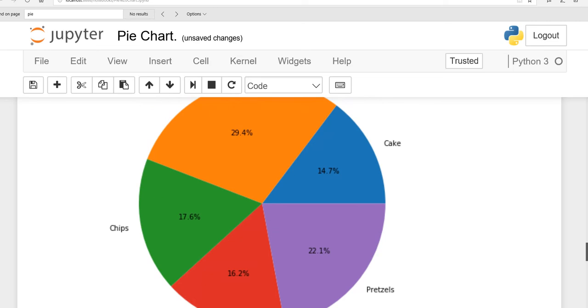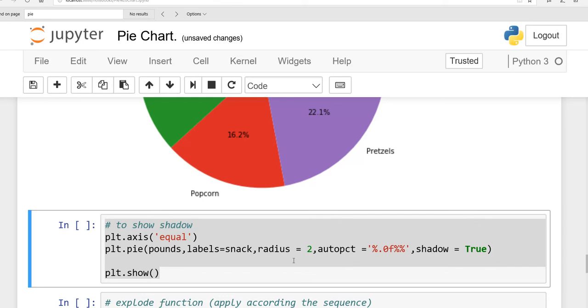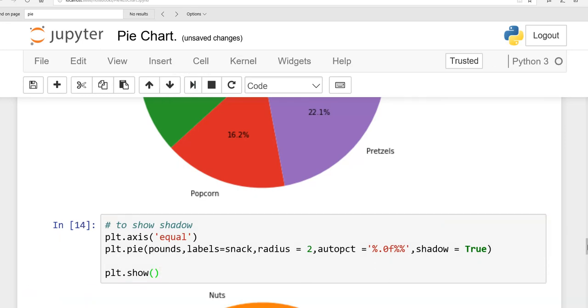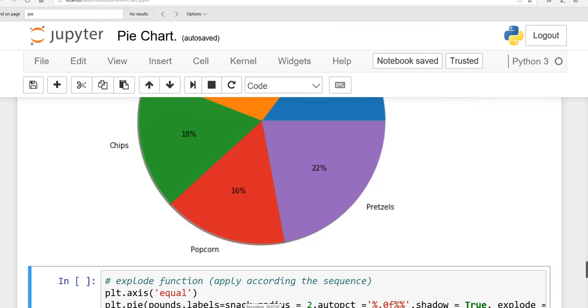Now if you want to make your pie chart more attractive, then you have to add the shadow function. Shadow is equal to True. See, now we do not have any shadow here, but when I run this shadow function, you will see there is a shadow. Right? These are very simple functions, but I recommend that you go to Matplotlib and